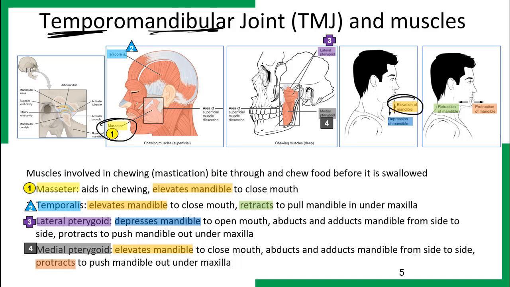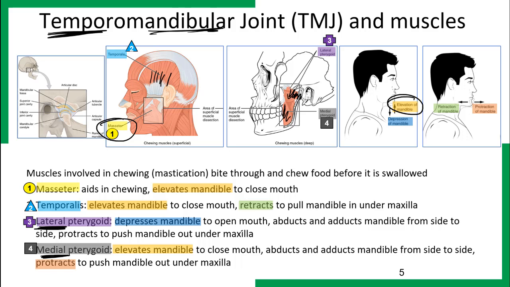You've got the temporalis, which is located on top of the temporal bone. You've got the pterygoids, and there are two sets of pterygoids. One is on the side, the lateral pterygoid, and the other one is towards the middle. That's the medial one. So you can see here, lateral on the outside, right towards the side, medial more towards